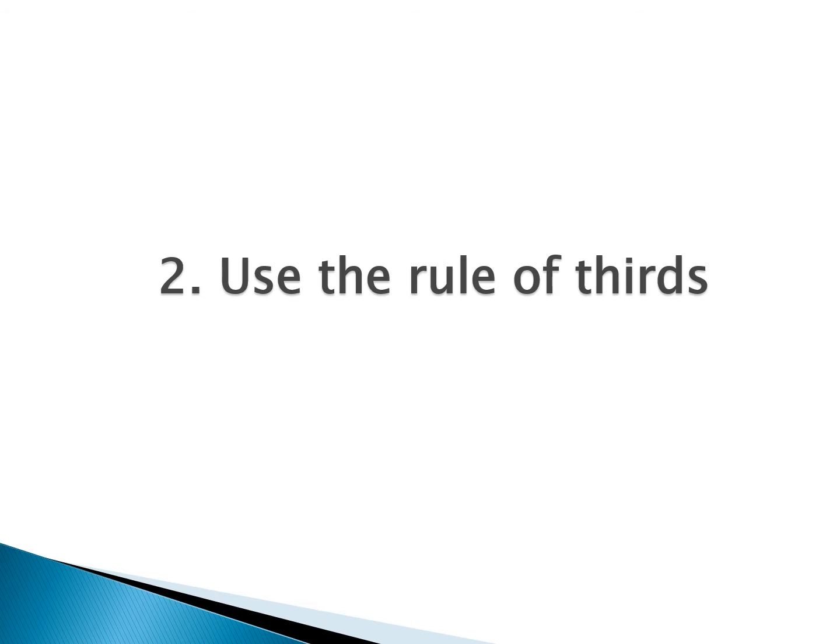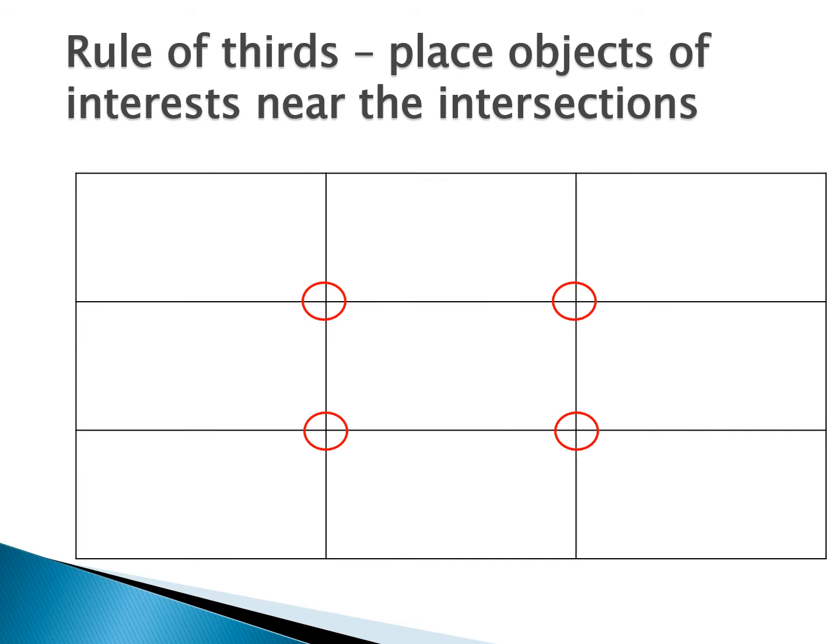The second tip is to use the rule of thirds. You won't use it in every situation, but what it basically does is place an imaginary grid over your photo, and your camera may do this. Certainly when you use a photo editing program to crop, it will overlay this grid because it's very handy for cropping. But basically it's dividing your photo into this grid,